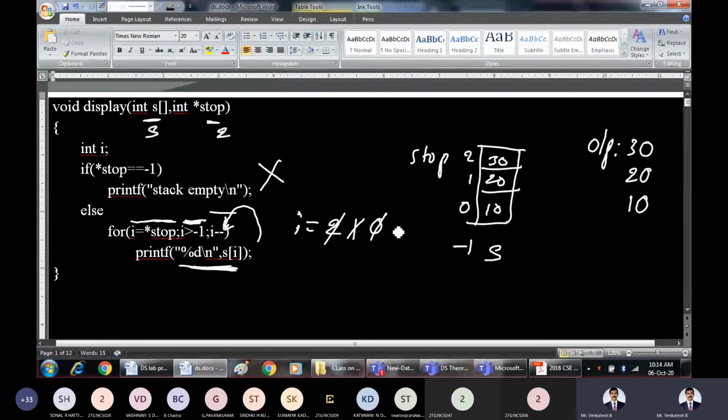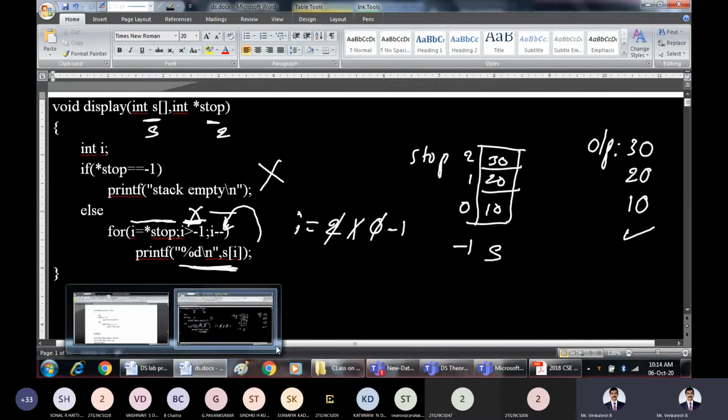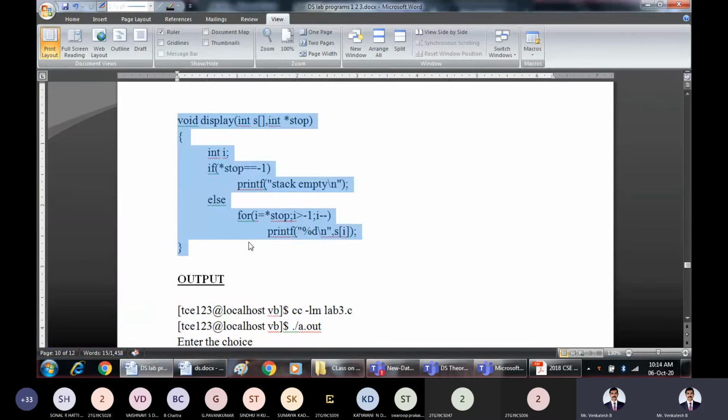So once you decrement, the value of I will be -1, because 0 minus 1 is -1. Now check this condition whether I is greater than -1. No, condition is failing and we will come out of the loop. And finally, we have displayed all the elements of the stack. So this is how the display function is going to work.